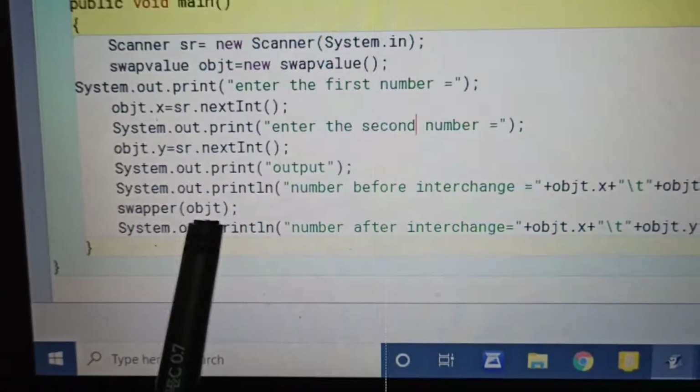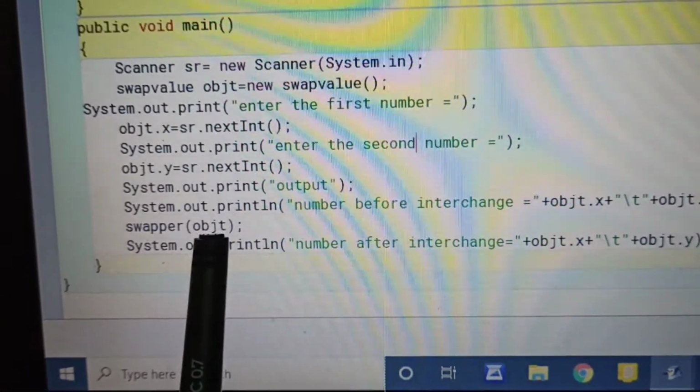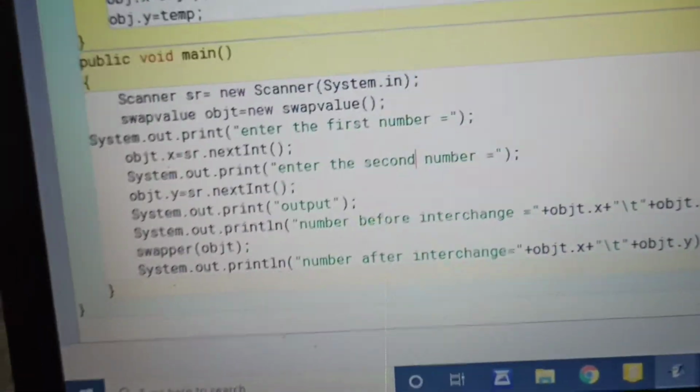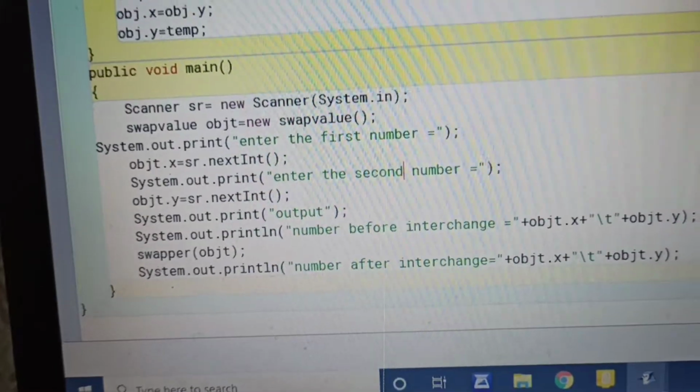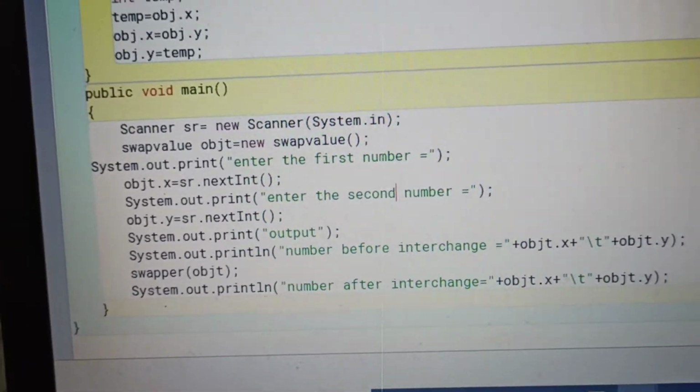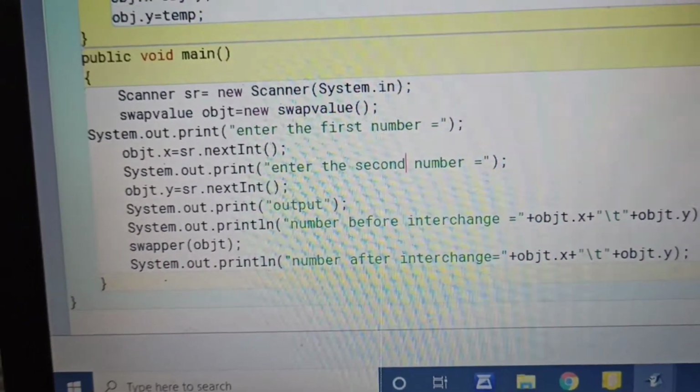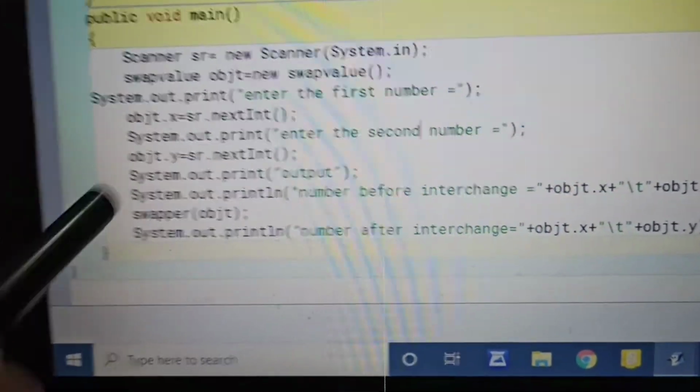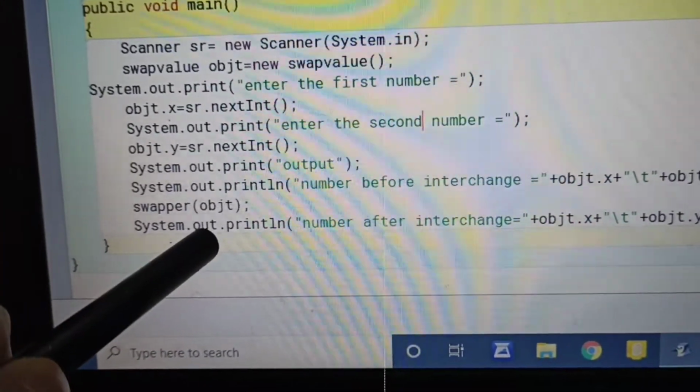This obj works as a reference type actual parameter.